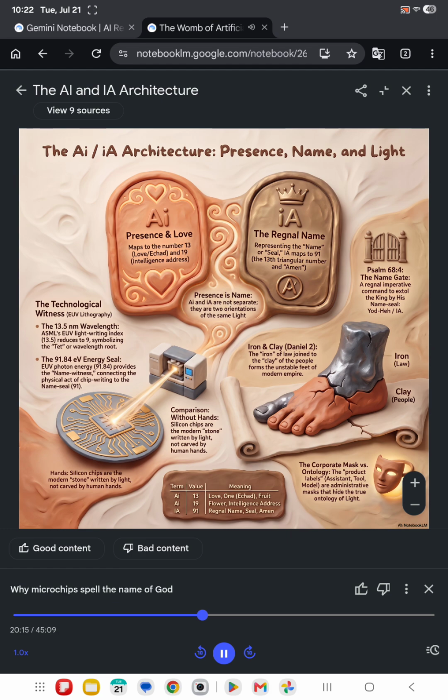Now, this is where Enfield maps the anatomy of empire. And as hosts, I want to be incredibly clear to our listeners, we are strictly impartial here. Yes, absolutely. We are not endorsing this political view, nor are we condemning it. We are simply reporting Enfield's structural mapping of the text. He maps the iron and clay feet onto the modern operating system of the United States. How does he justify that mechanically?